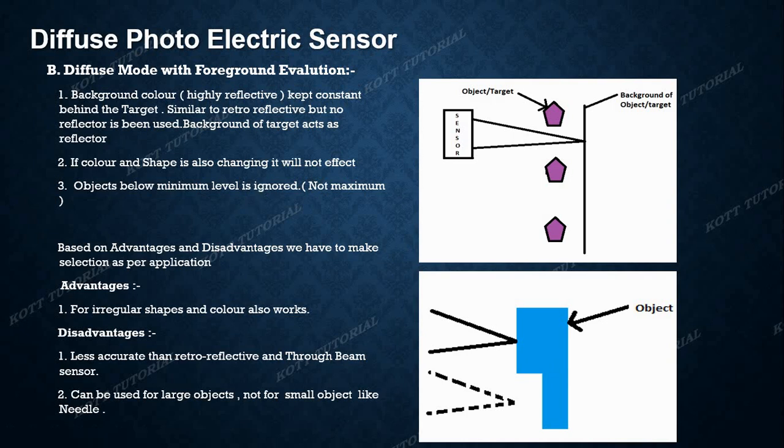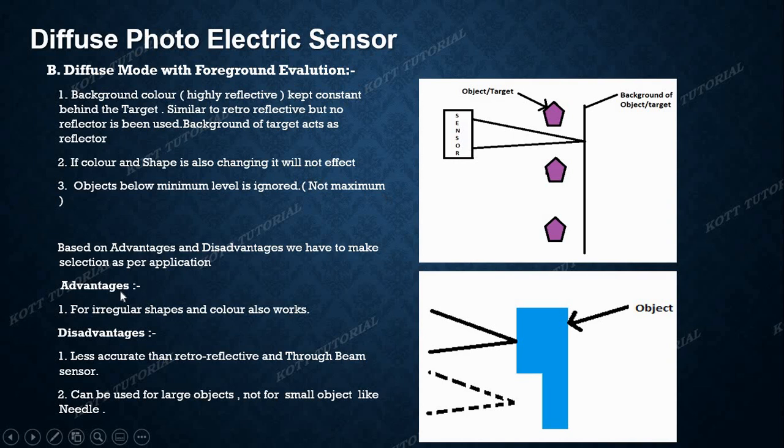See, there is no minimum sensing range in this. The prior mode which we have seen, diffuse mode with background suppression, we were having a dead zone in it. Over here we don't have a minimum level or a dead zone. The reason is that the light is reflected from the background. If I am keeping a sensor at this position also, it will detect. Means at a distance of less than 5 mm also it will detect. The reason is that the rays are being cut off by the product, and in that manner a sensor can detect.